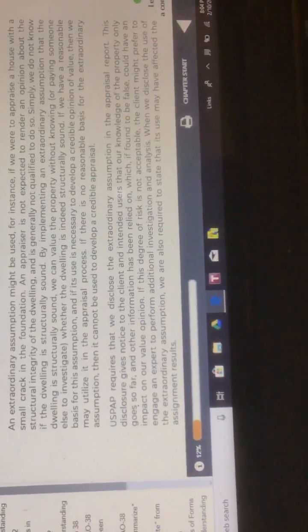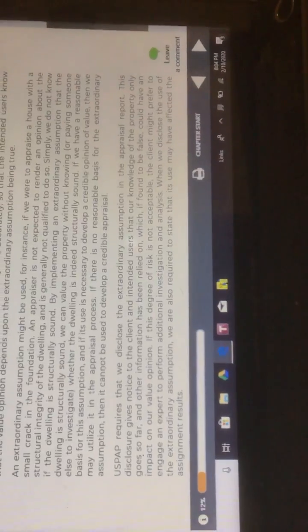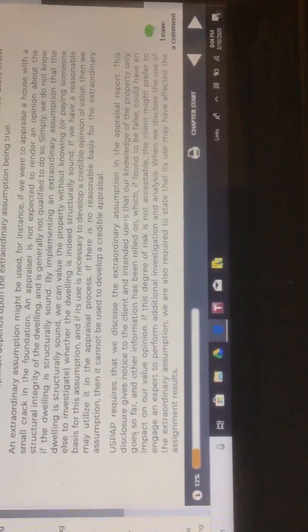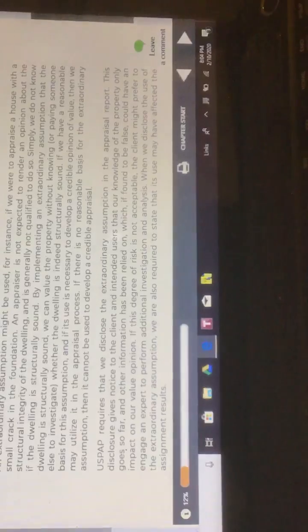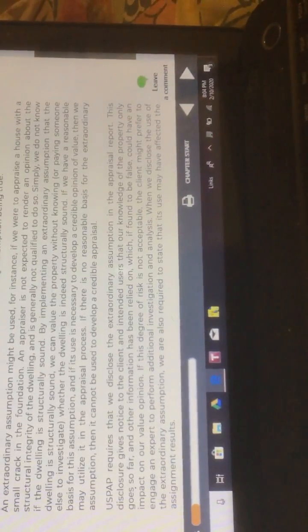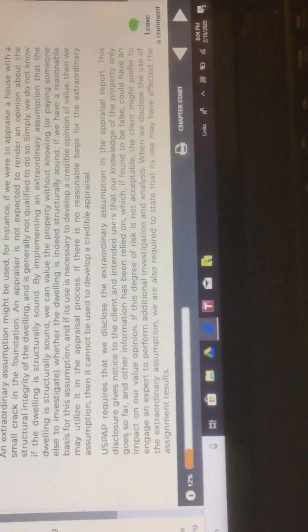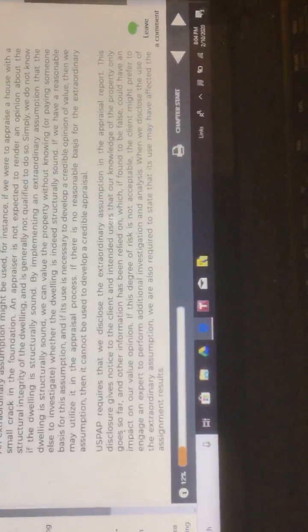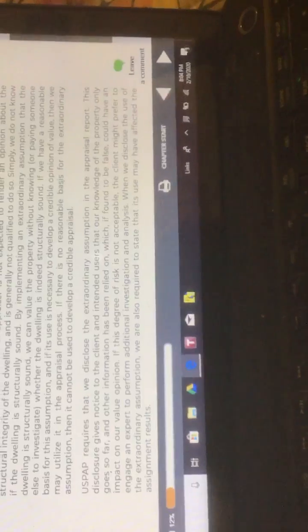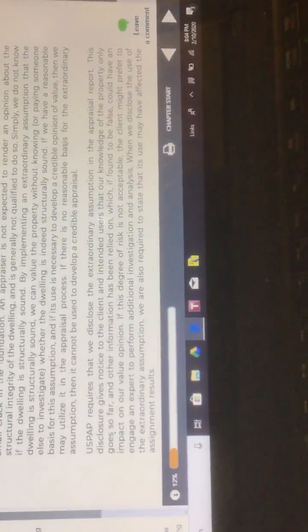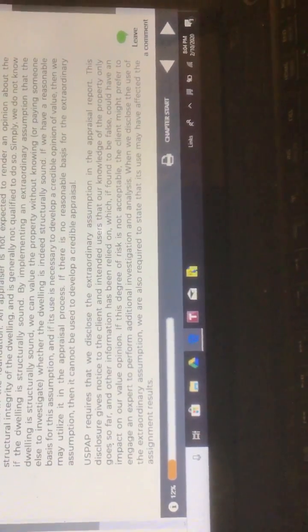USPAP requires that we disclose the extraordinary assumption in the appraisal report. This disclosure gives notice to the client and intended users that our knowledge of the property only goes so far, and other information has been relied on, which, if found to be false, could have an impact on our value opinion. If this degree of risk is not acceptable, the client might prefer to engage an expert to perform additional